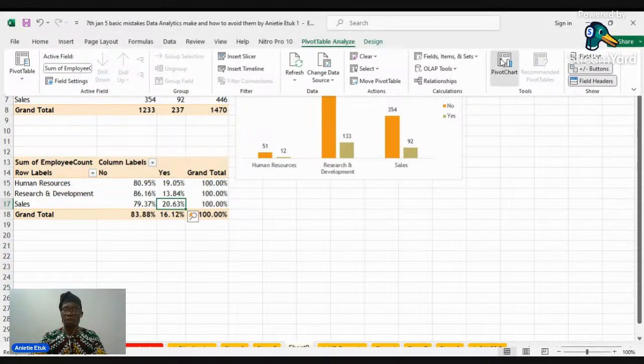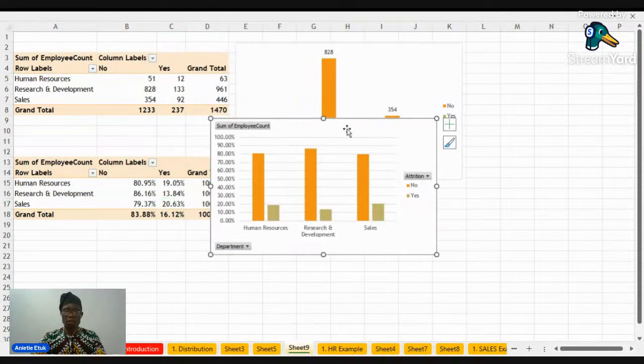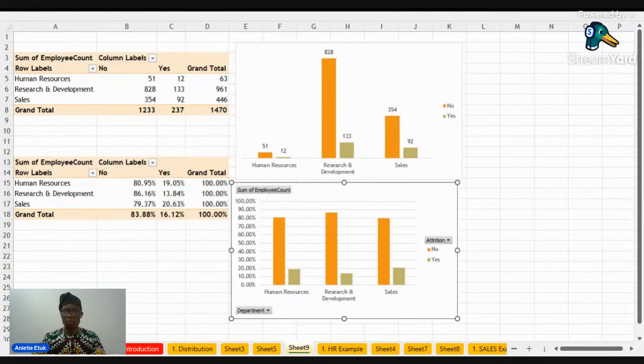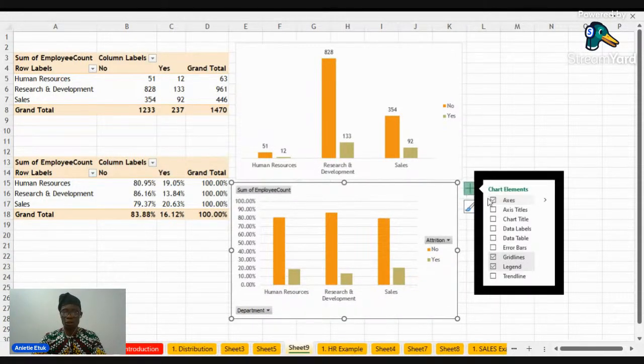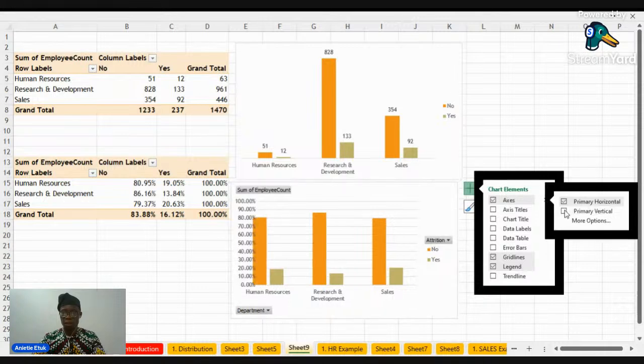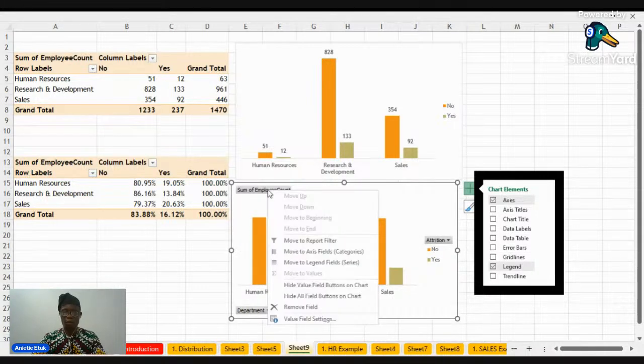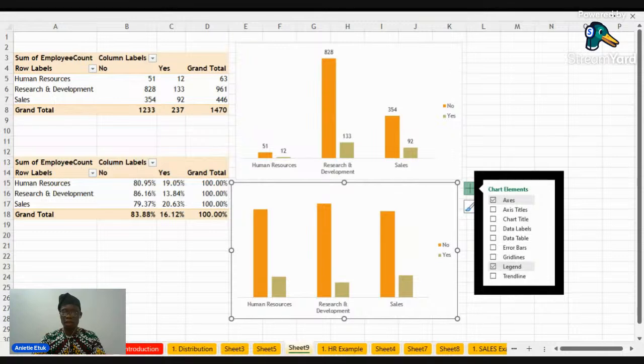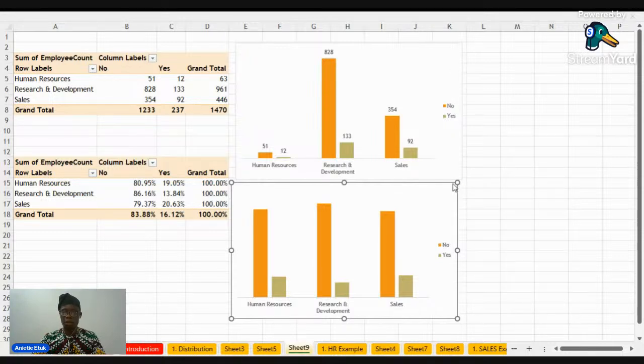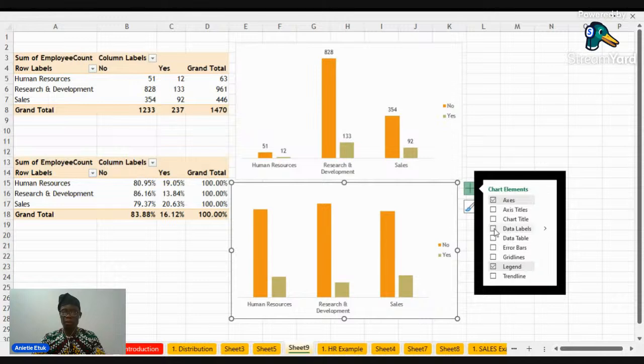Now, if we report this data in a chart, if I bring this second chart, and we clean the chart also, let's take off the axis, let's take off the grid line, let's hide the fill, and then let's bring in the data labels. Now you can see the actual reality of what is happening in the business. From this, we can see that sales has the highest, which is 20.6%, followed by human resource, which is 19, then research and development, which is 13.